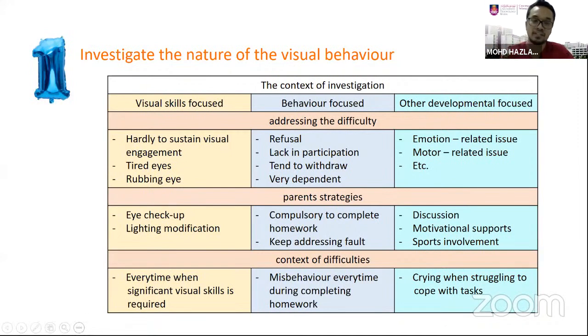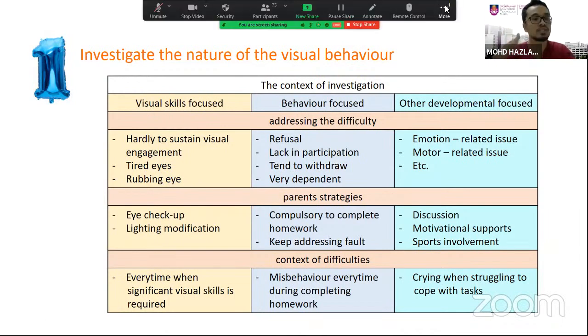Okay, regarding the parent strategies, they might say, oh, my child went to meet the optometrist last week, and the result is still not ready. So we go through that, talking about visual skills, visual perceptions, and have you done any lighting modification in the room for your child to learn? So we start to go there.